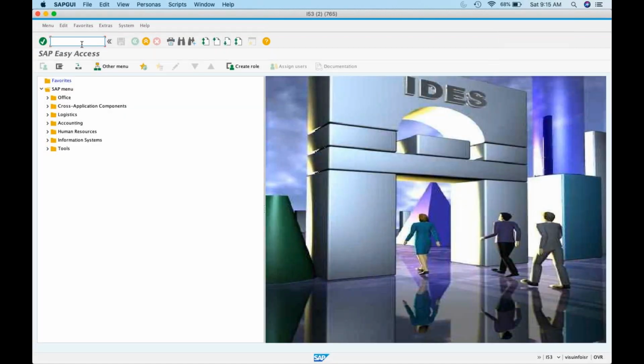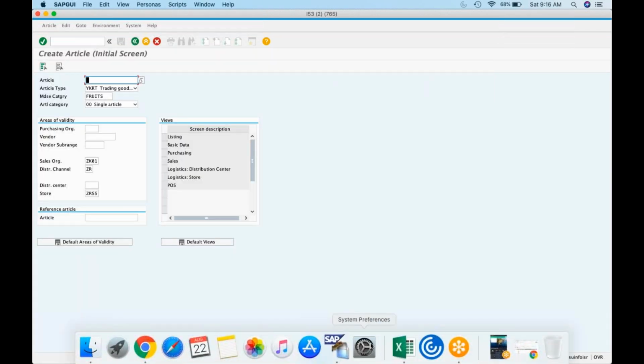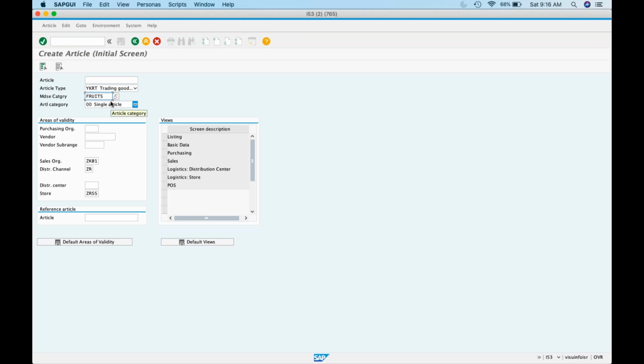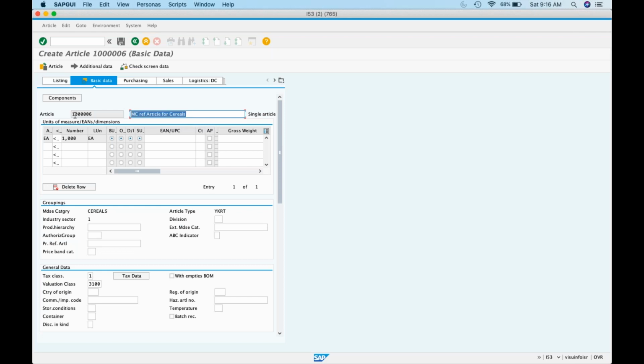So I'll show you one more example. Fashion, MM41. So 5 is created for this. Now let's go to serials. The main thing I didn't show you: